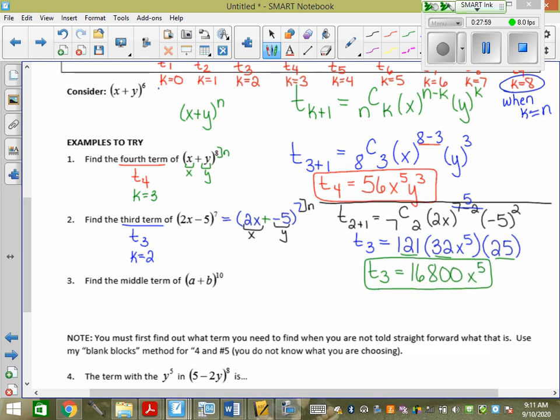Thank you, binomial theorem. I didn't have to expand 8 terms out, right? Because if n is 7, that's actually 8 terms that I would get. I didn't have to expand out 7 2x minus 5s. Thank you, binomial theorem. I don't know who came up with this. I should Google it because I really appreciate them.